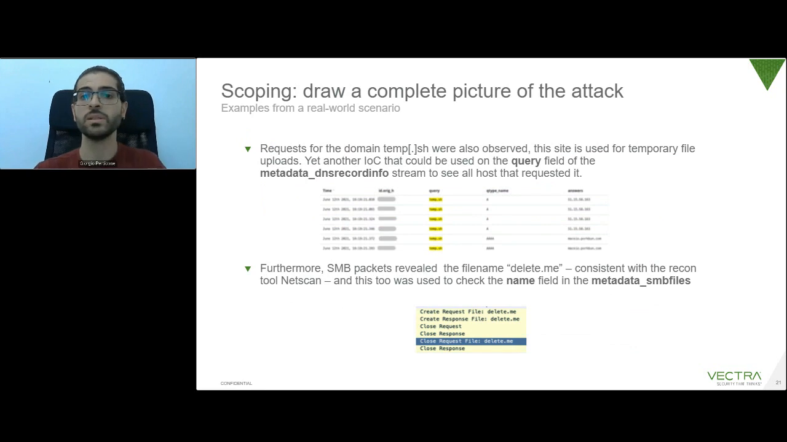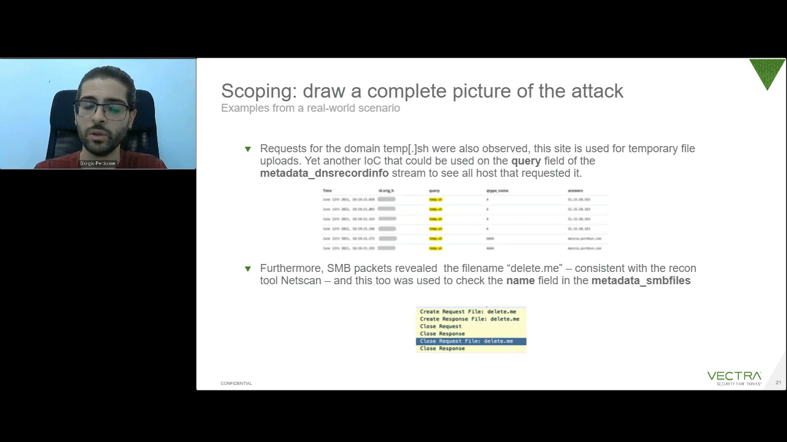A couple of other examples. During that incident response, we found out that the exfiltration phase involved a known resource online called temp.sh, where anyone can upload files and data. We also knew that the customer was not really using the domain for legitimate reasons. So we again looked into Recall, and we selected the DNS record info stream, and